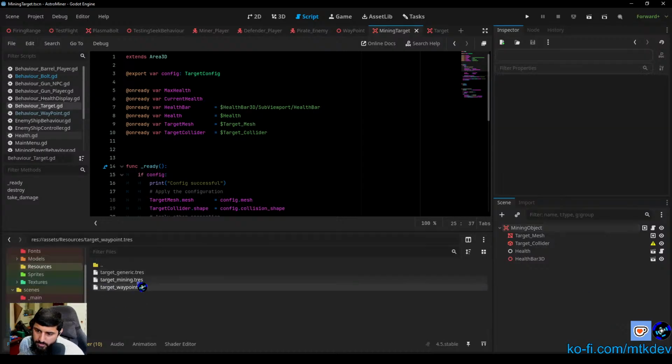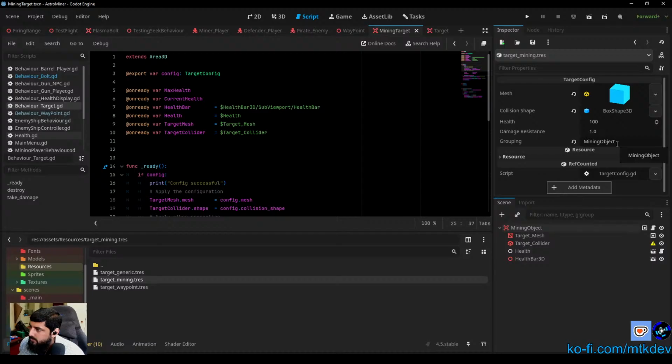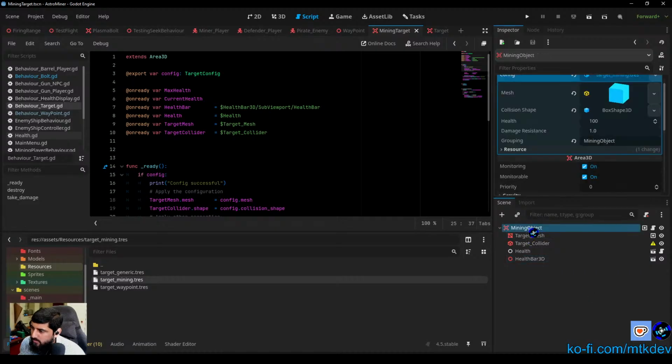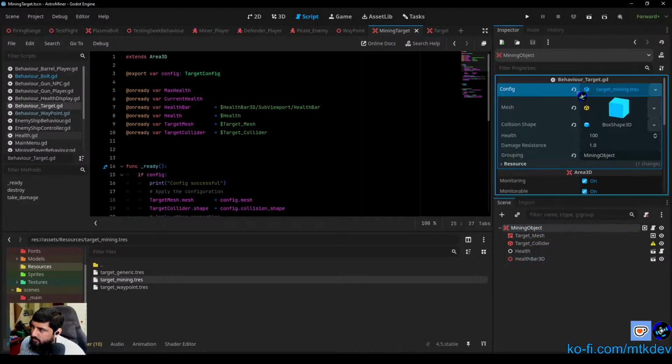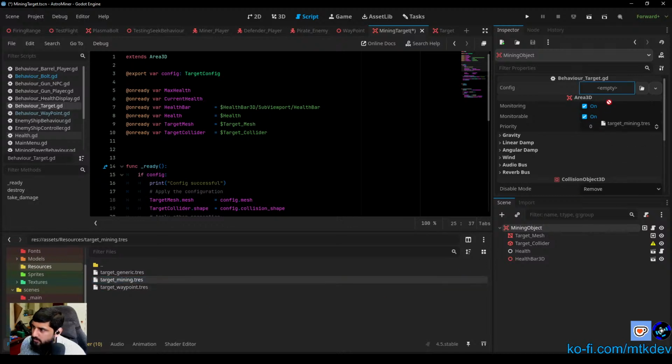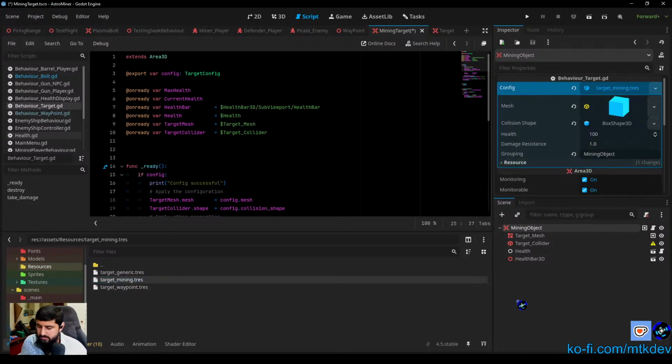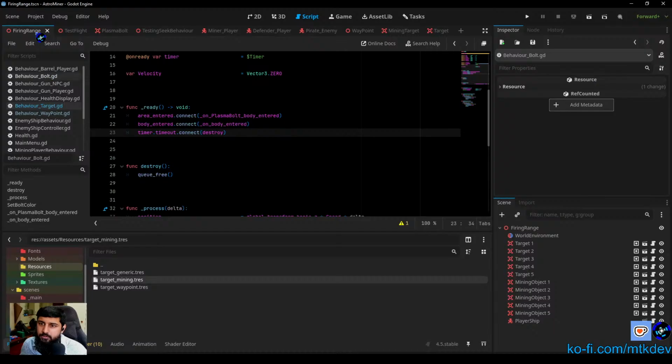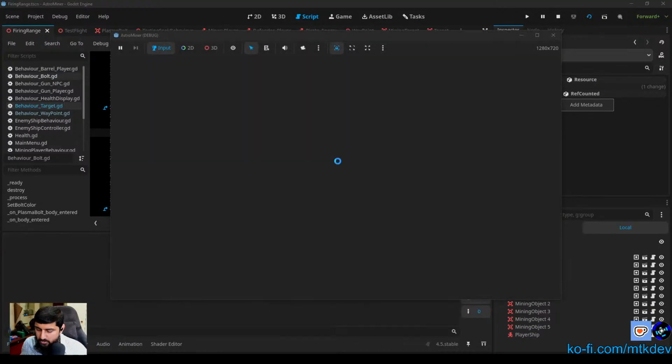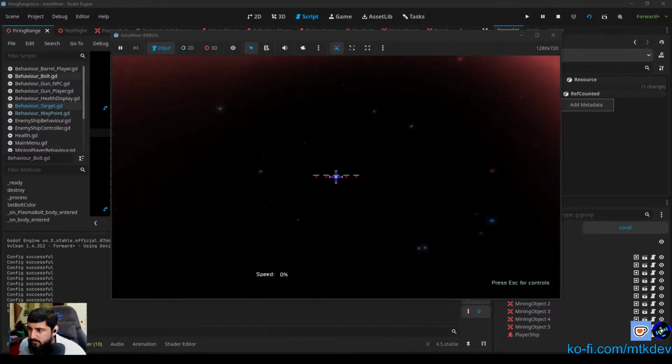So if I go back to the resource here, it should be a mining object type, and it is. Right? So if I go here, I can say do away with this and add a new one, and there it is. Okay? So now if I go to the firing range and I test that, I should see it